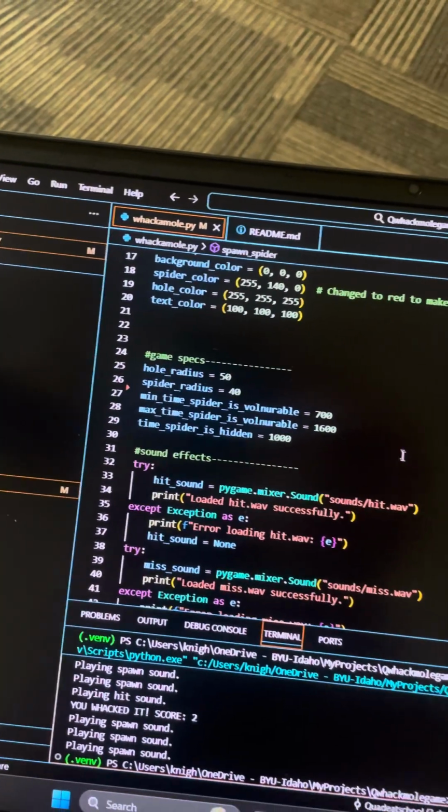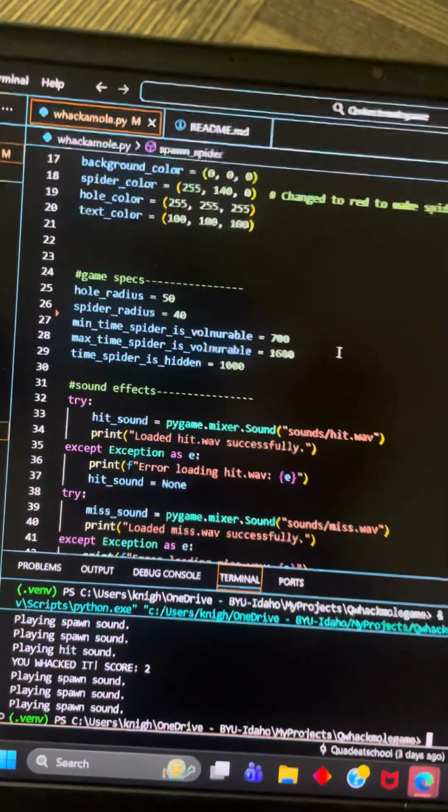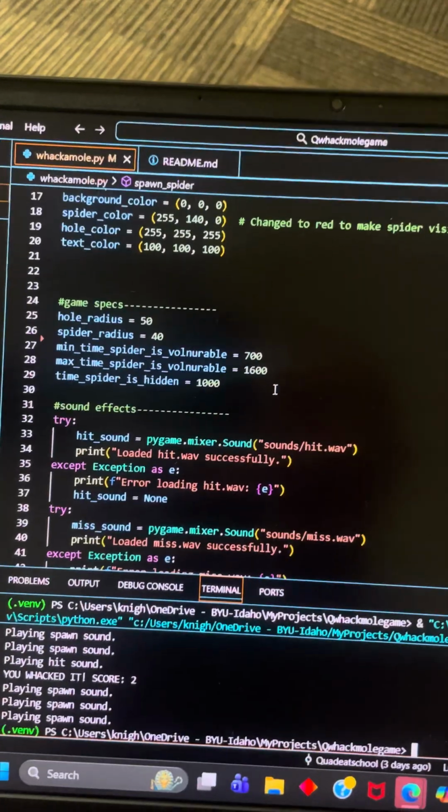I have some conditions set up for how long I'm having it be a spider. I'm just calling it a spider. I mean, it doesn't look like a mole or a spider. I'll probably make a sprite later if I continue with the project, a little sprite for that spider-looking sprite for it. But anyway,